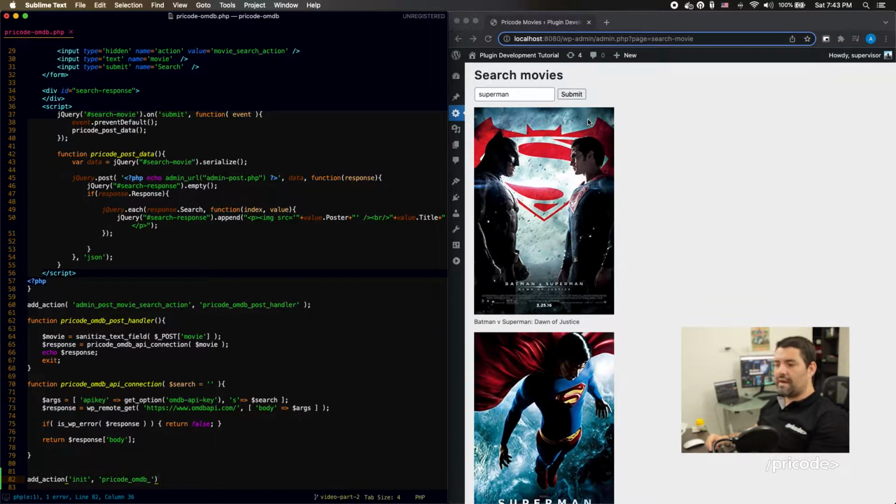So let's try to make a simple example, just trying to save the title of these movies and saving them on the WordPress backend. I'm going to create a button right here that says something like "Add me" or whatever, and when we click the button, we will be able to synchronize that movie with the backend and put it in as a post. So the first thing that we need to do is create the post type that we're going to create,